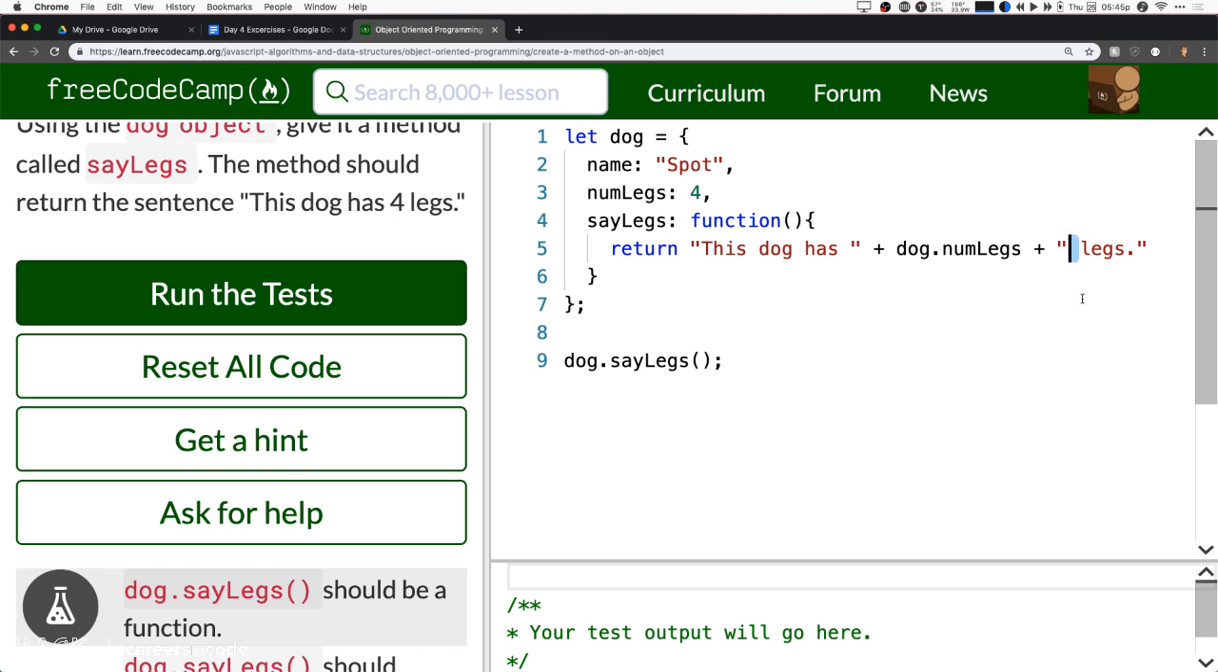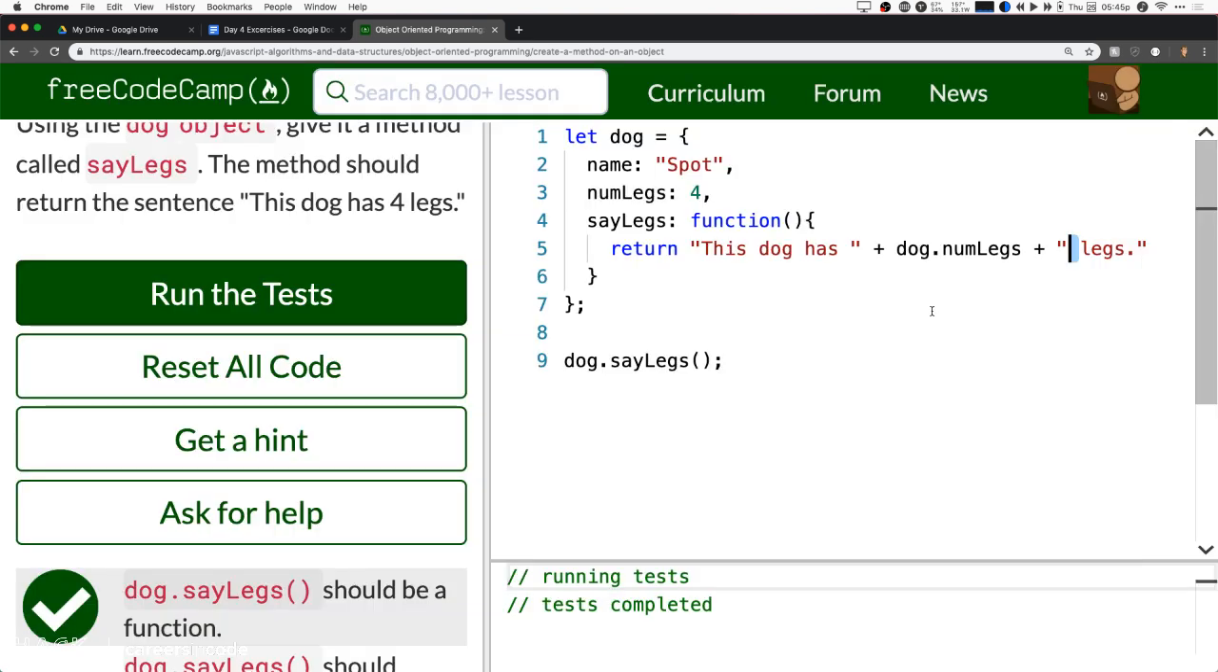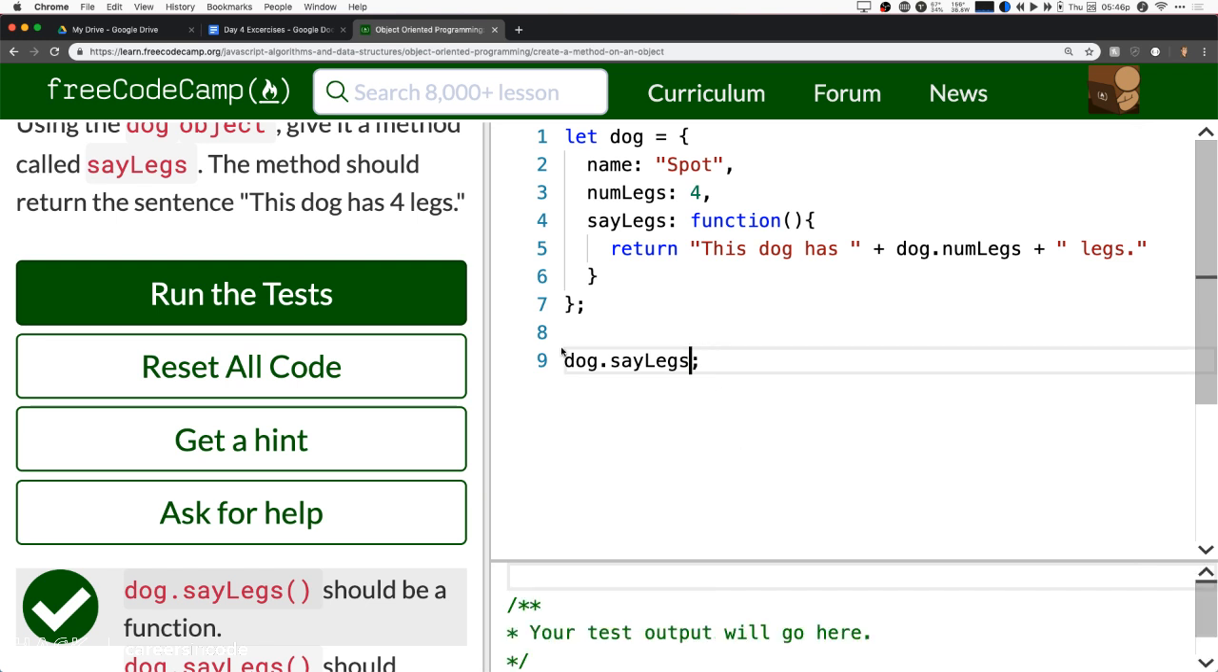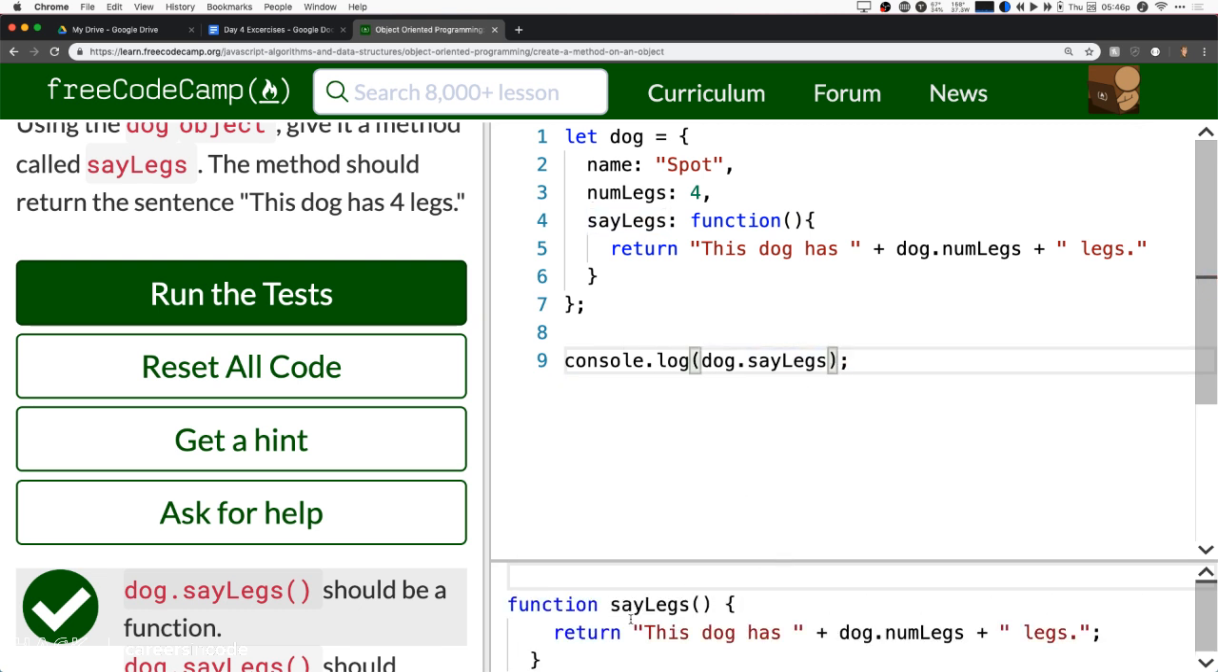And we're going to go ahead and run that. All right, awesome. So basically what we just said here is this code that is running is our dog.sayLegs, right? So what's important is we have our parentheses right here, because otherwise what's going to happen is if we just say dog.sayLegs and we console log that,